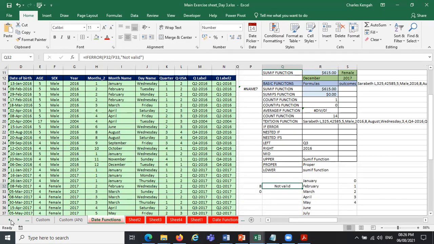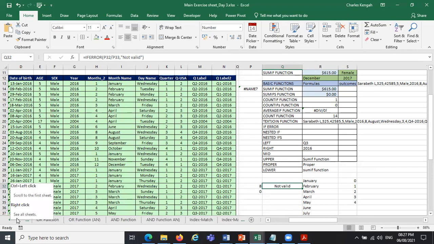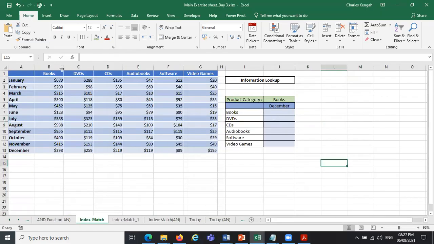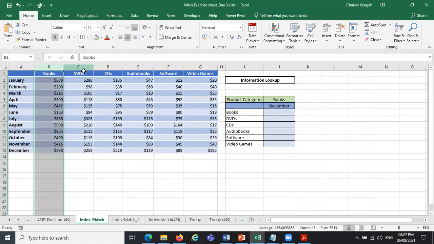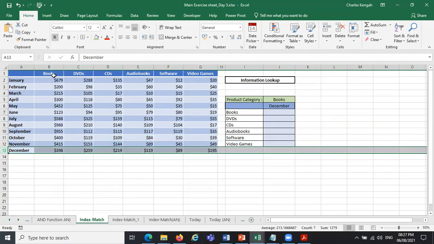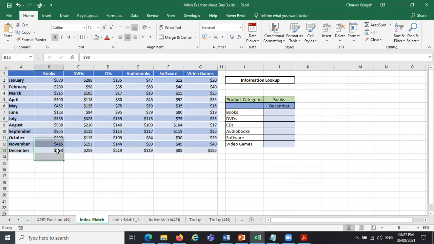Yeah. Then I was talking about VLOOKUP. Let me go back to VLOOKUP. We have just VLOOKUP and INDEX MATCH to talk about now. And it's a very, very important function for you to understand. Now, for VLOOKUP, you want to look up items vertically like that. For instance, if you choose the month of December, and you choose the item books, it will come under December here. It will come and map books here, and it will return 397